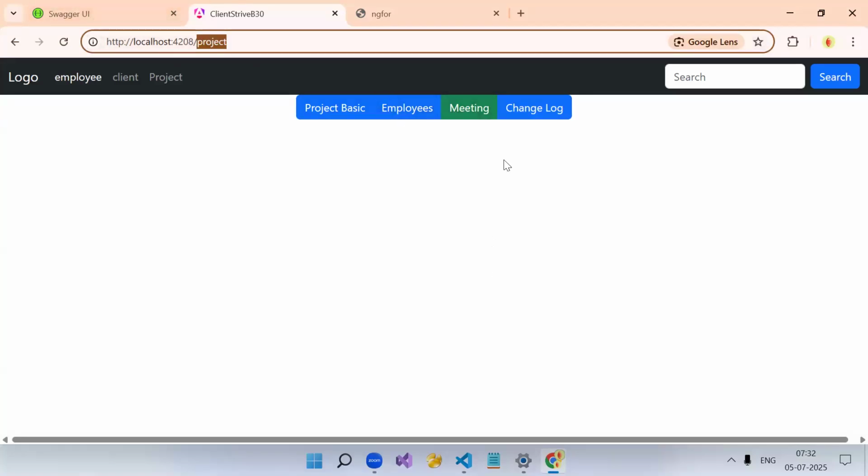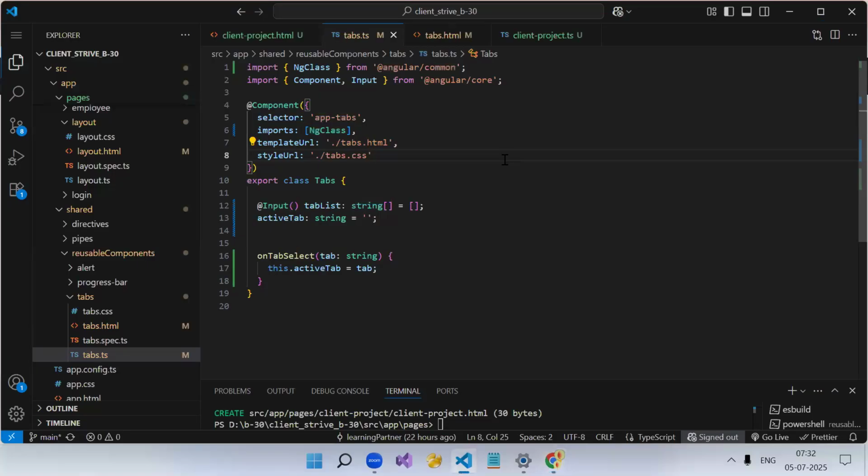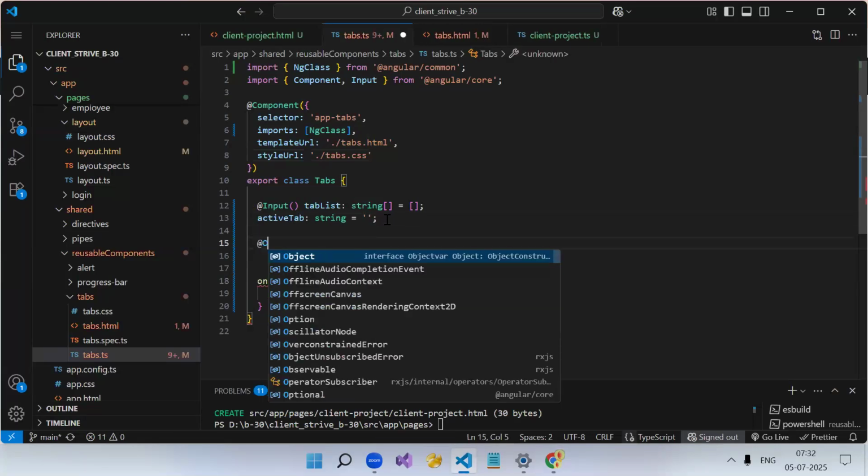Now, to send the data from child component to the parent component, we have to make use of output. To send the data from parent to child, we make use of input. And vice versa, to send the data from child to parent, we have to make use of output. Now, how do we create an output? So @Output